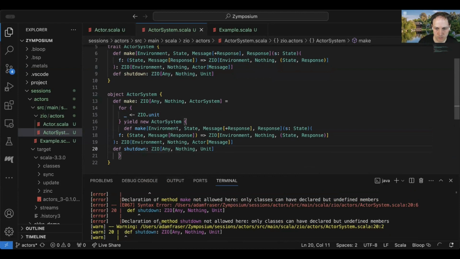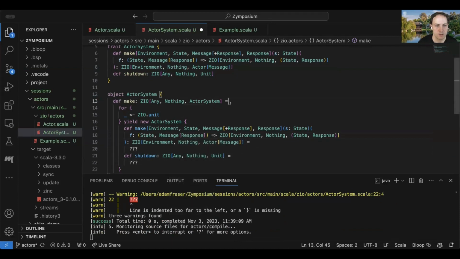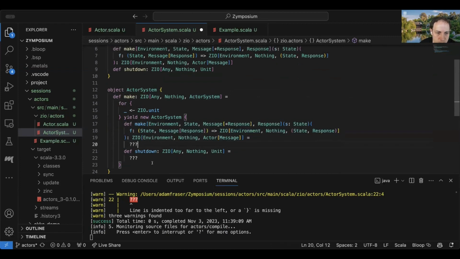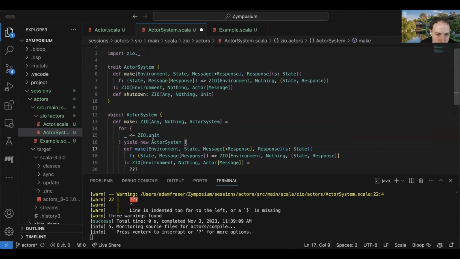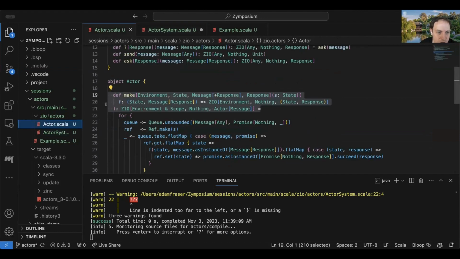And let's see what I do here. Oh, and I just need to give these things question marks because I haven't implemented them yet. There we go. All right. So I think probably the make method is going to be the harder method to implement here. And I think that may give us some clues about what it's going to mean to shut this down. So let's start with the make method. And I think probably the easiest way to try to implement this is also the laziest way of basically trying to just reuse what we already have here.